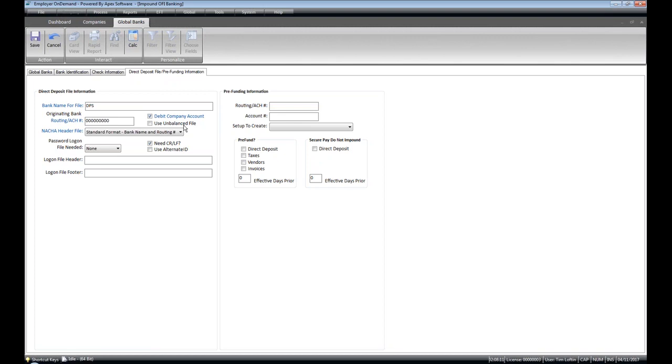Some OFI providers don't want a balanced file, but they will tell you which piece of that they don't want, whether they don't want the debit or they don't want the credit. And again, it's all based on who they're partnering with. So setting up these options is going to be very